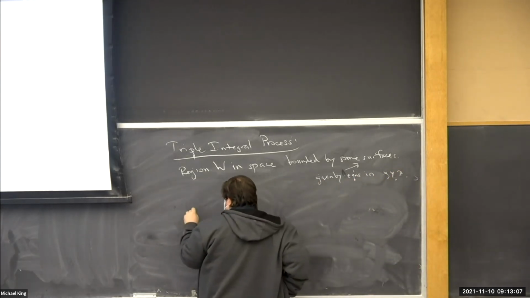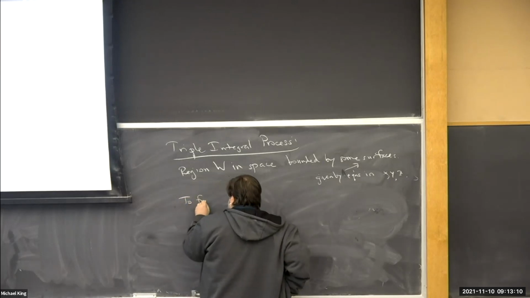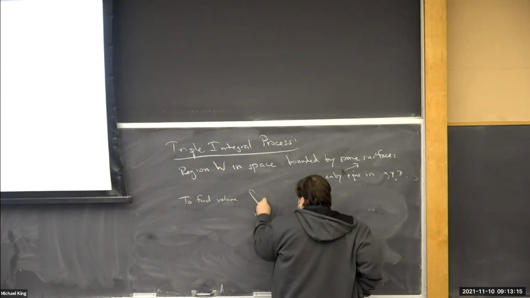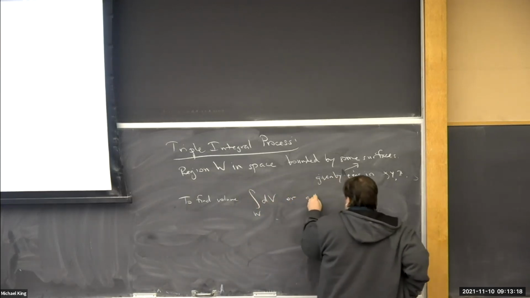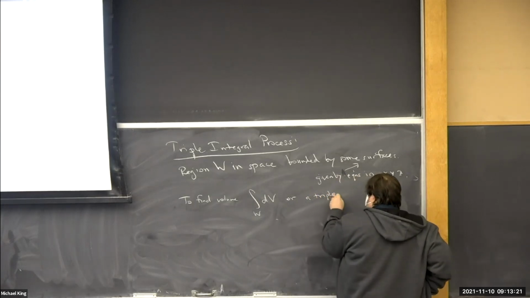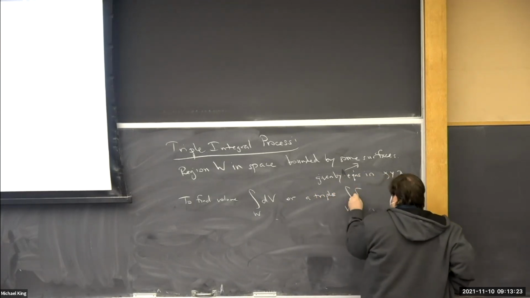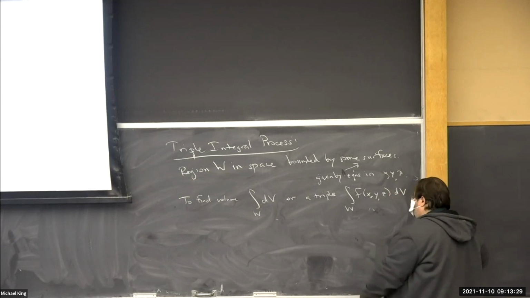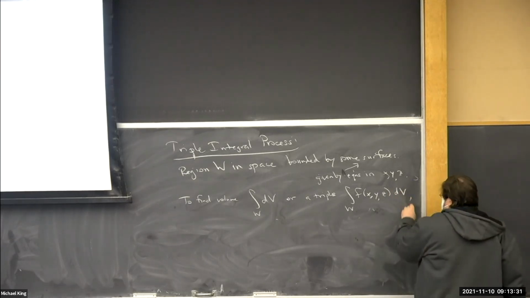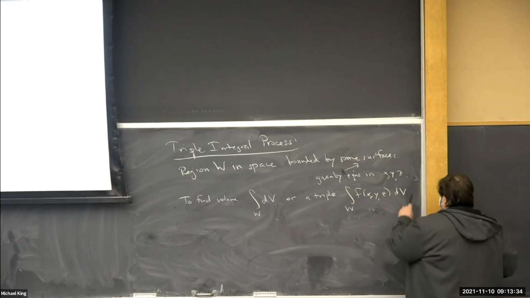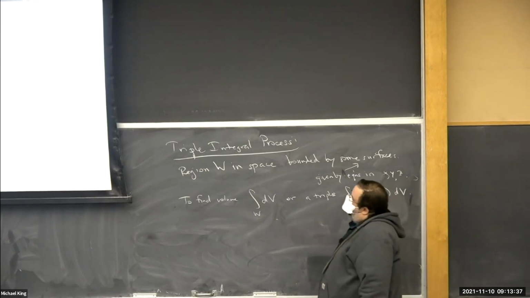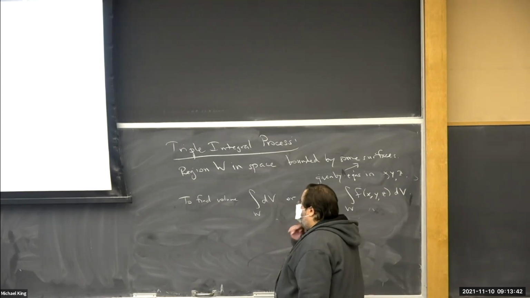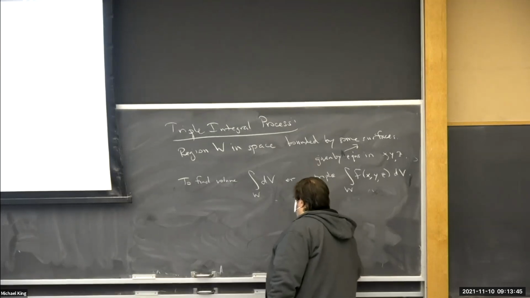So to find the volume, integral over W dV, or a triple integral. We haven't really talked about these, but I could also stick some function of 3 variables in there. The process is as follows, right? We said, if you want to project onto the XY plane, basically, if you want to look at the shadow in the XY plane,